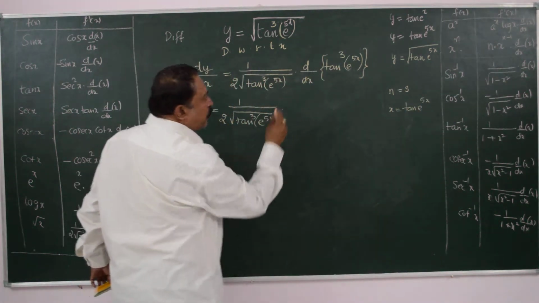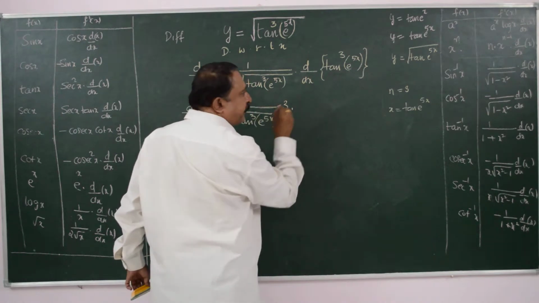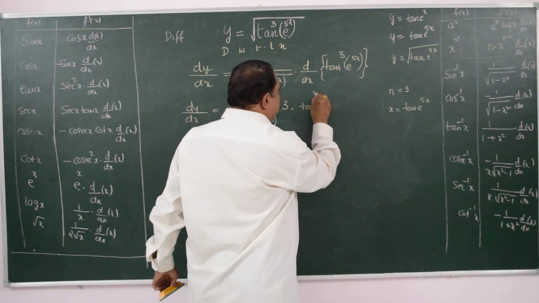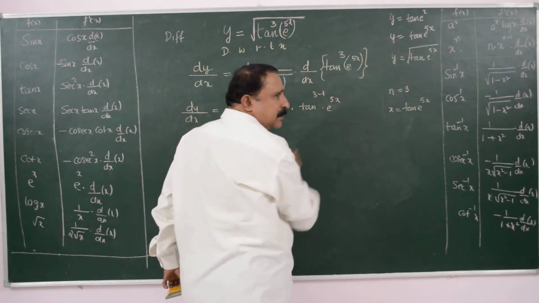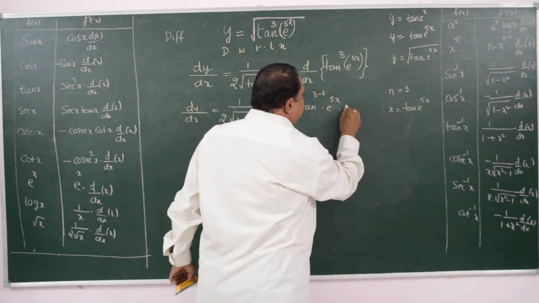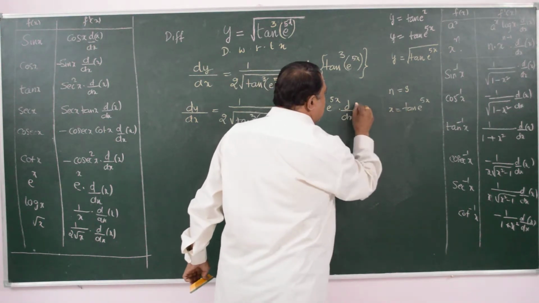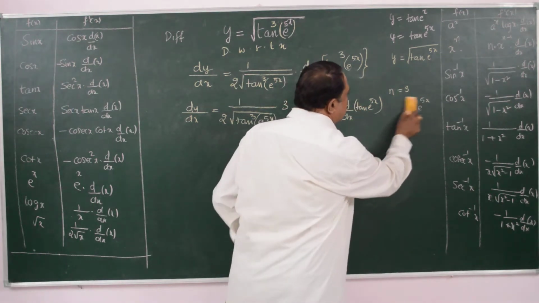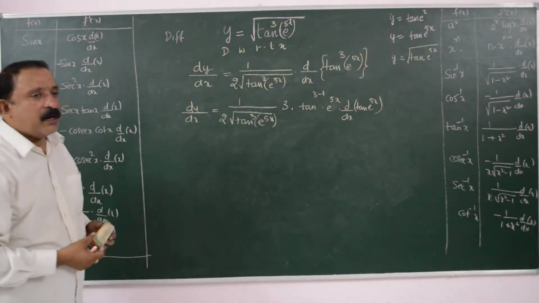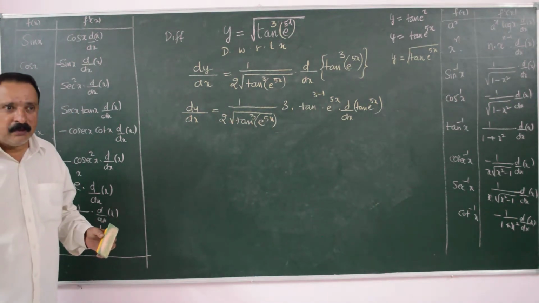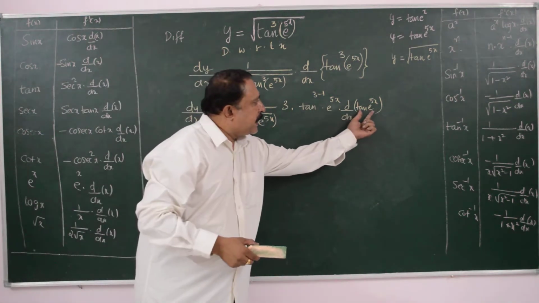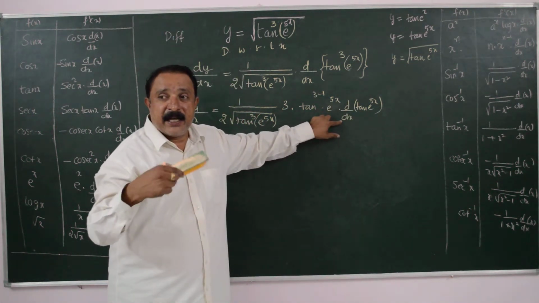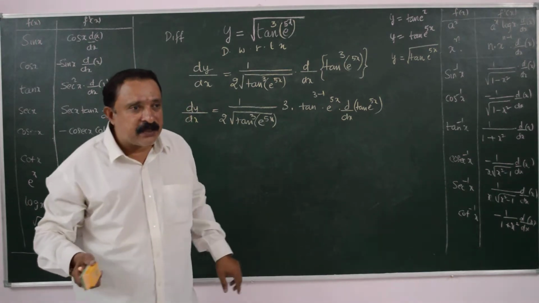So now we will use the power rule. n is 3, into x to the power of n minus 1, tan to the power of 3 minus 1 e to the power of 5x, into d by dx of x, into d by dx of tan e to the power of 5x. That is how we use the power rule. Is the differentiation over now? No, because this component tan e to the power of 5x is still under the d by dx symbol. When this d by dx symbol goes completely, then you say the differentiation is done.